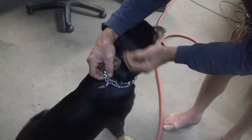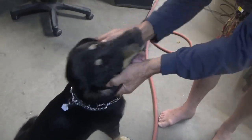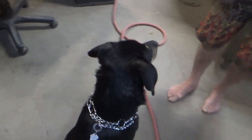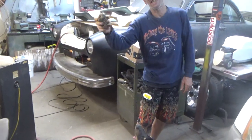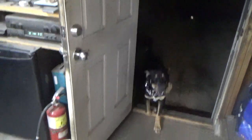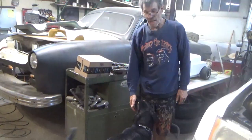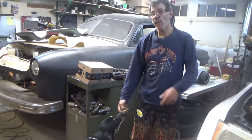It's one of them spiky chokers. Works good for walking him. Seems to work very well. This is his little Tigger. Hey, his little Tigger. I can throw it, and he's just going to keep bringing it back. Look, he's just going to keep bringing it back. He's a very quick